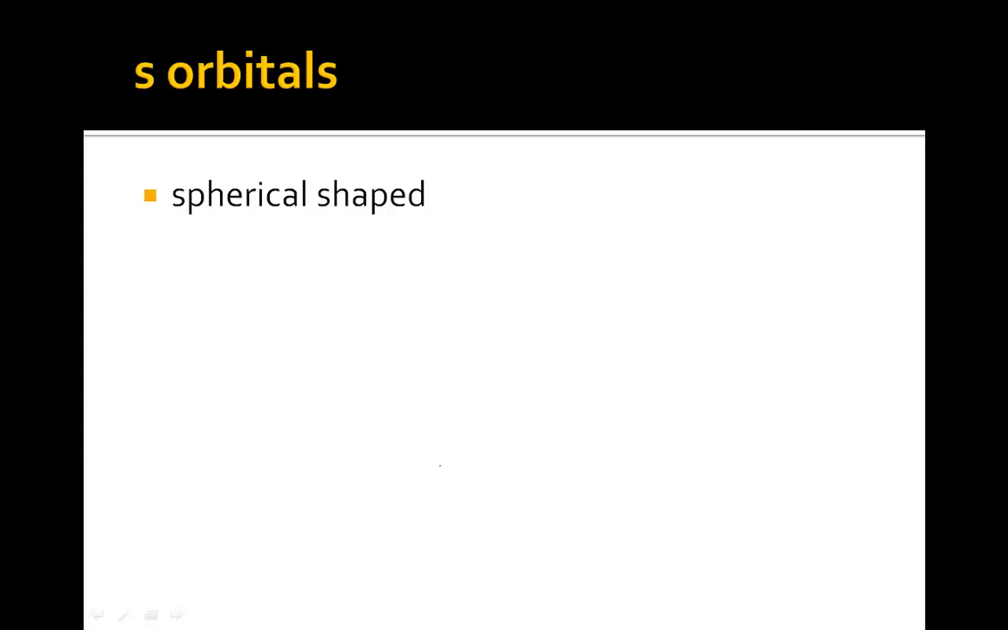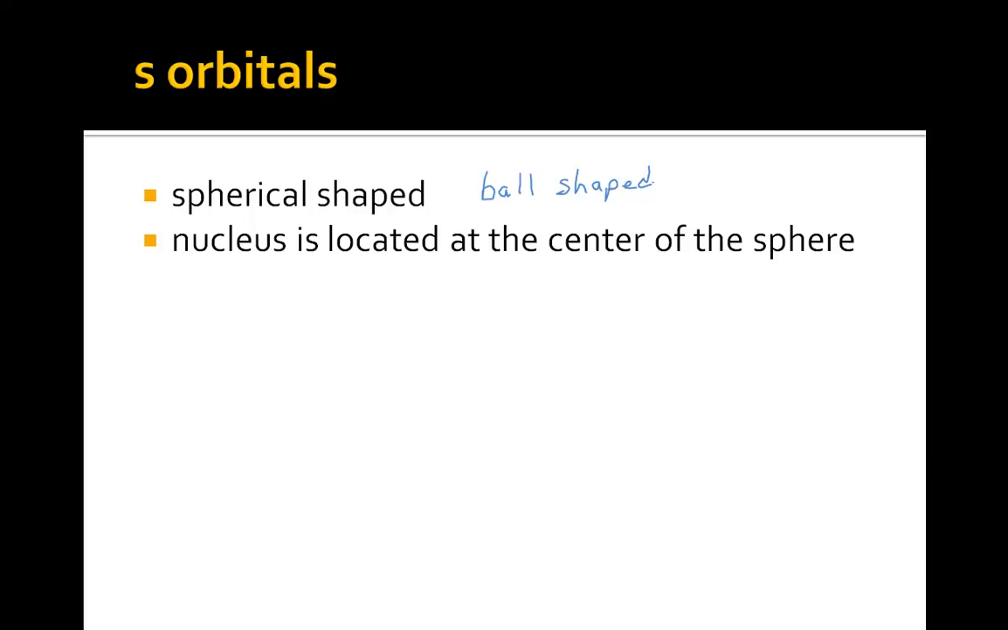Okay, so the s orbital is shaped like a sphere, and if you're not familiar with the word sphere, just think of it as shaped like a ball. It's round, like a ball, or the shape of the Earth, for example. It's spherical that way. So we're talking 3 dimensions here. The next thing about an s orbital is that the nucleus is located at the very center of the sphere, or at the very center of that ball. That's where you're going to find the protons and